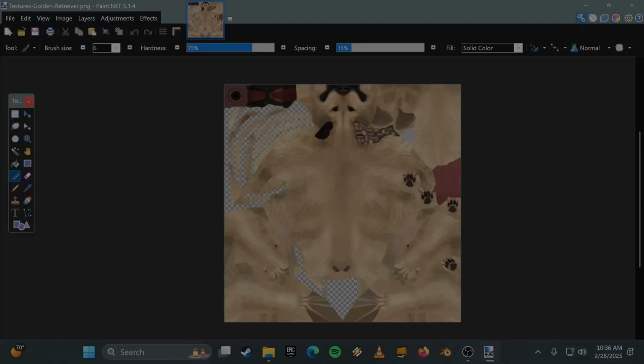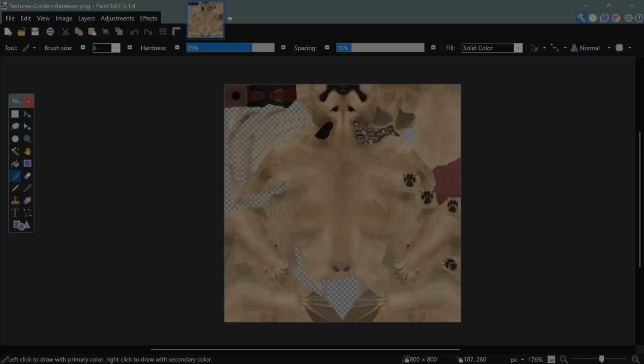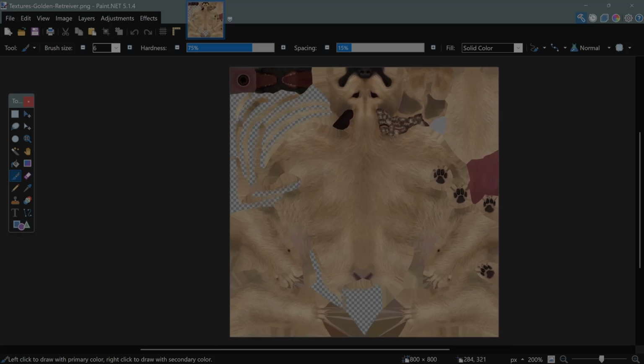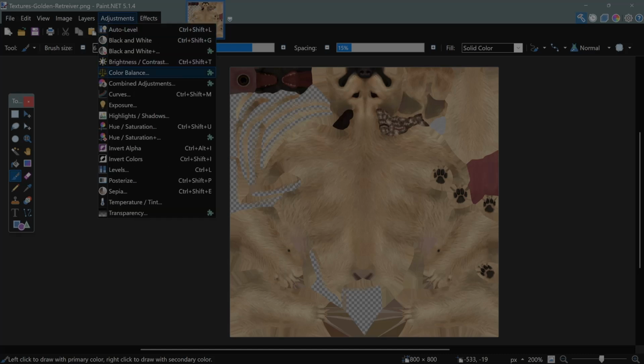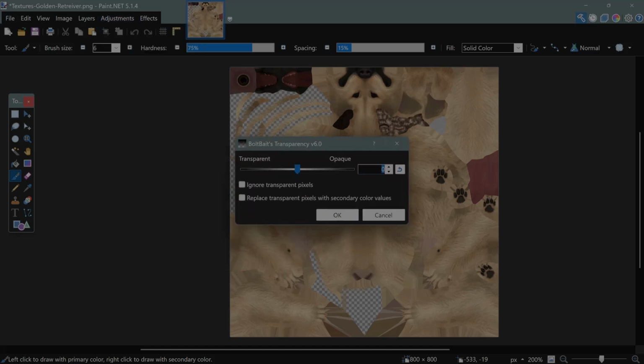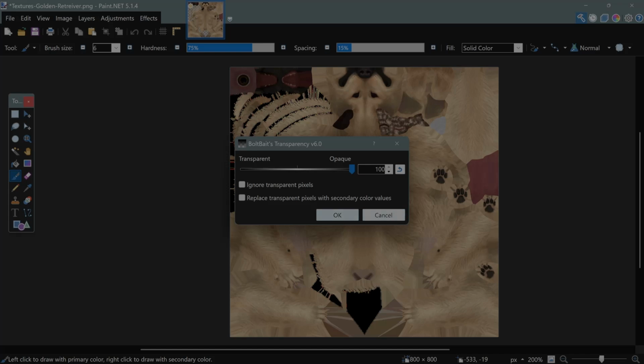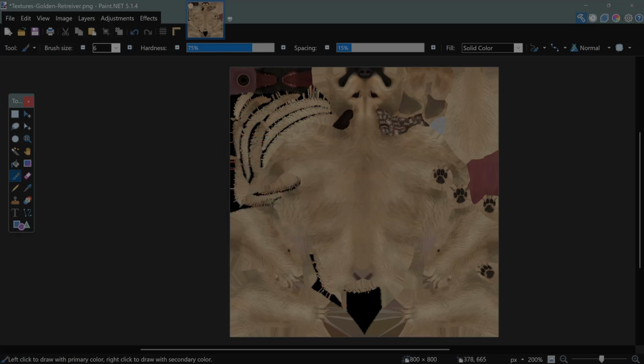Okay, so today we're going to show you how to make a shell texture. First thing you want to do is load up the texture that you want to turn into a fluffy shell. And we're going to go down to the transparency and turn it on. Now you do have to have the add-on that gives you a little extra transparency controls for paint.net. But once we make it fully opaque, you'll notice that the alpha channels have gone away and that the black